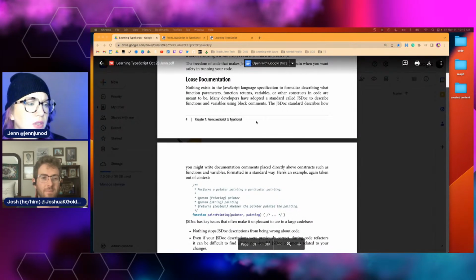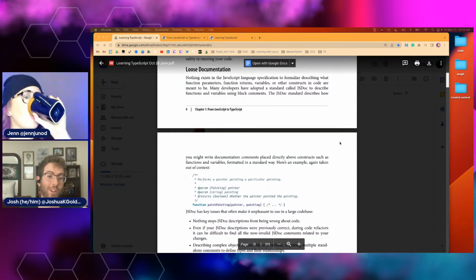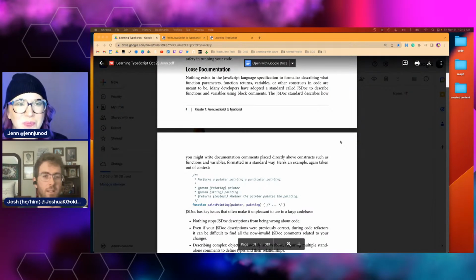What did you mean by loose documentation? Yeah, so there's nothing in the language itself to say this is a string, that's a number. People have added one in, sort of. They've added what's called JSDoc, which comes from JavaDoc, and I like to joke, if there's one thing we should know about JSDoc, it's that it comes from Java, which is an insult. I'm insulting it right now.